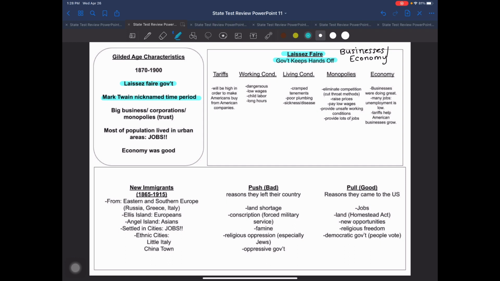But the reason it's called gilded, again, when you just look at that, it looks good. But if you actually went into the cities and you looked at what our cities were like, there were some pretty terrible things going on. There was really bad working conditions, really bad living conditions, and things like that. So that's where it gets that name gilded: on paper, on the surface, we look really good, but once you dig deep into our country, you can find that there's a lot of filth and a lot of nastiness going on.